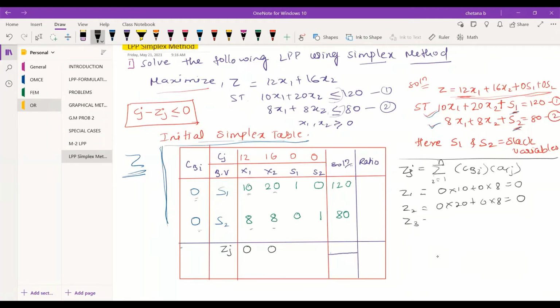For Z3, 0 into 1 plus 0 into 0 is 0. For Z4, 0 into 0 plus 0 into 1 is 0. And for the solution, Zs, 0 into 120 plus 0 into 80 is 0. Is that okay? This is the first calculation.